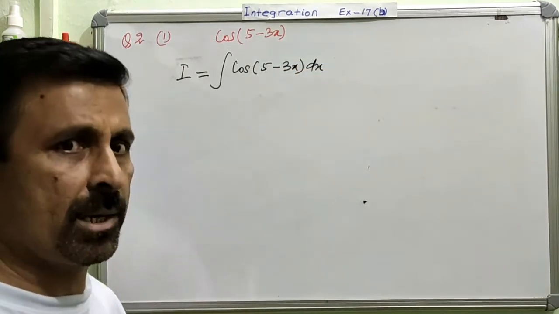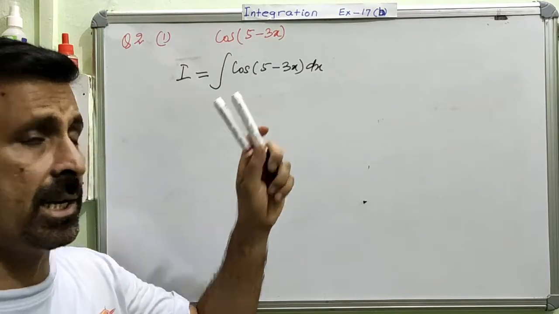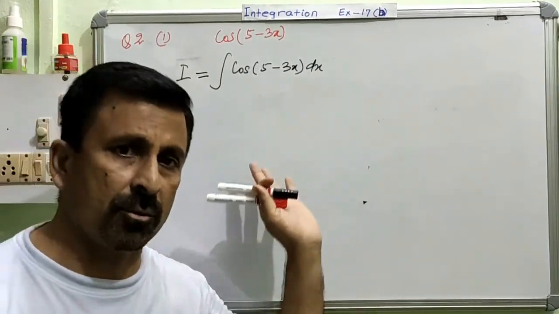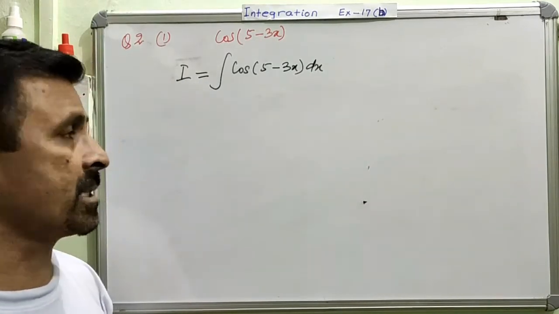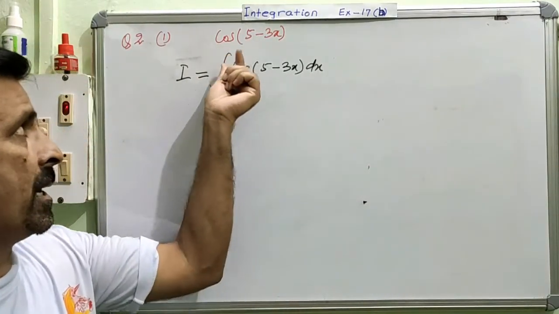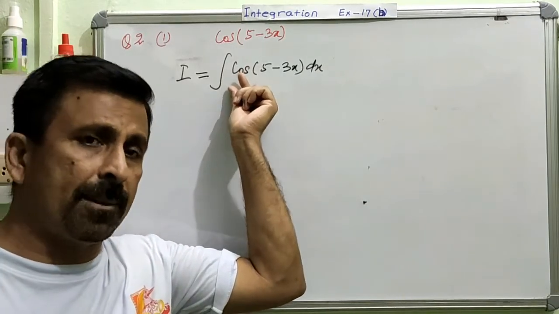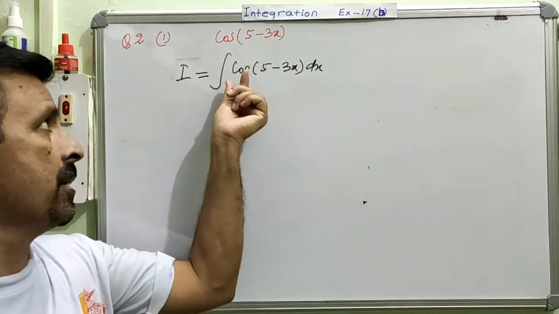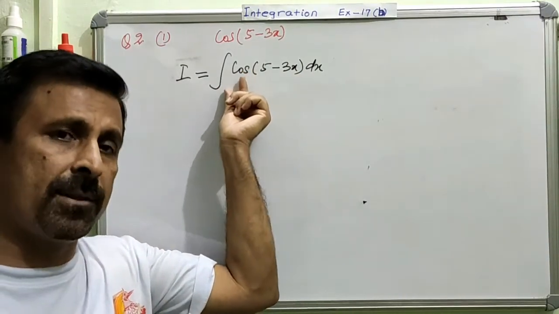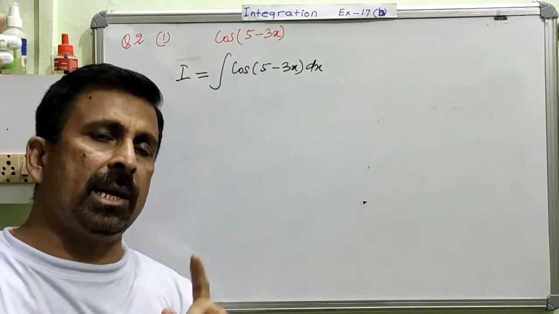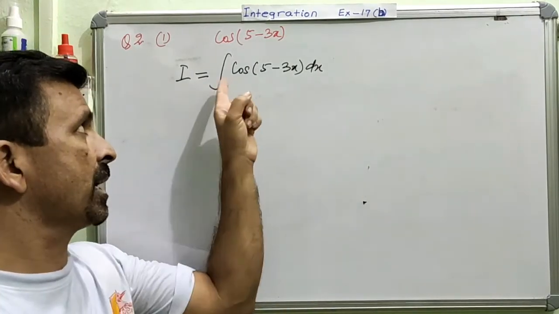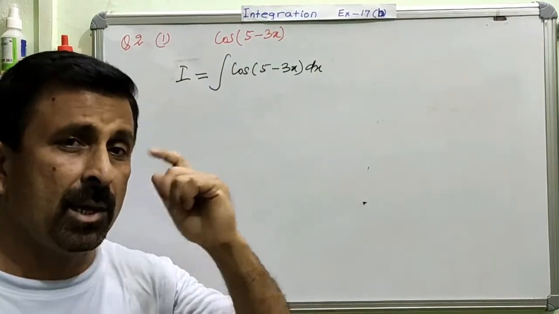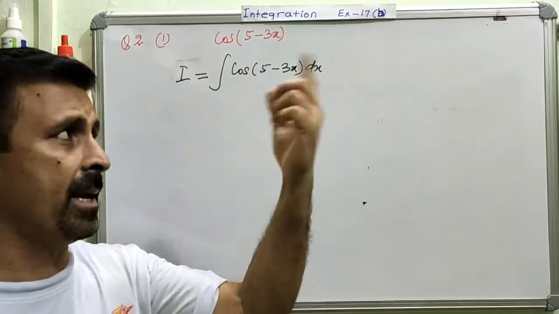Now the way we calculated the integration of such a function in question number 1, the same way we will find the integration of this function in question number 2, right? What steps did we follow? We first calculated the integration of the trigonometric part, and then we calculated the integration of the angle part, right? When you calculate the integration of the trigonometric part, you will use the derivative. You will try to find out which trigonometric function's derivative gives this answer. Which trigonometric function has the derivative cos?